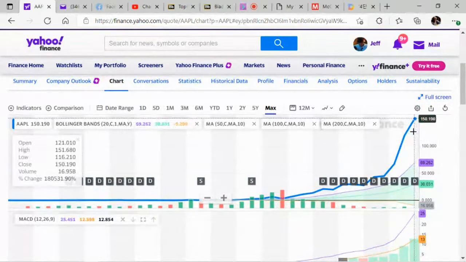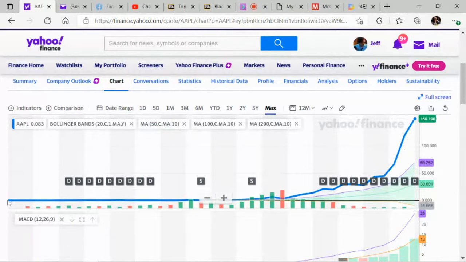So looking at this, if you bought Apple 40 years ago, you were not around at the time, but I was 20 something. In 81, I was 20, a college student, sophomore to junior, and had no idea. I was a liberal arts major. No idea about Apple. No money to invest.